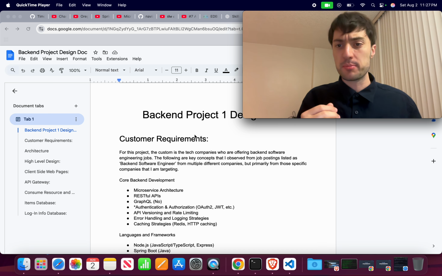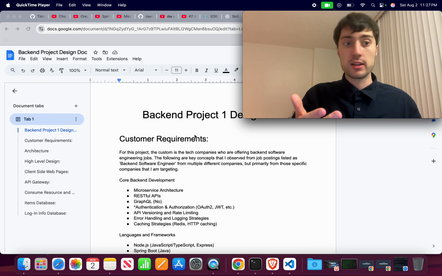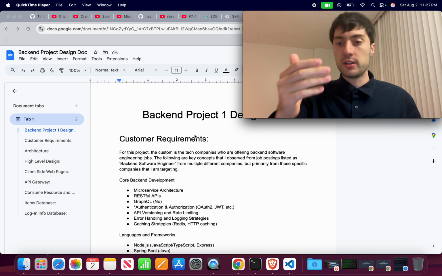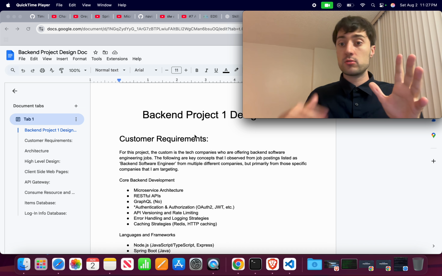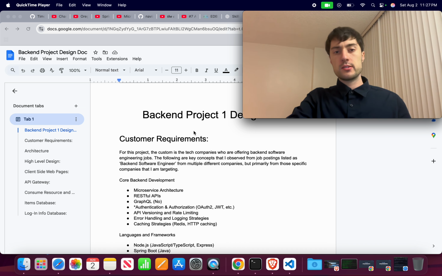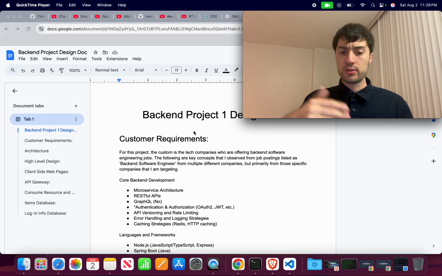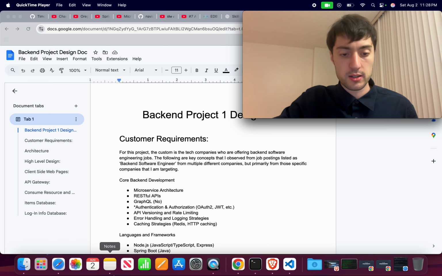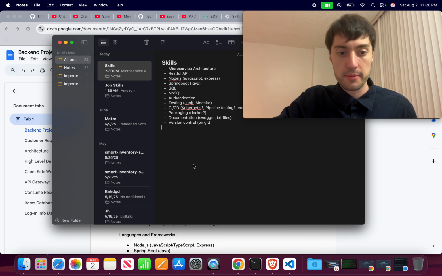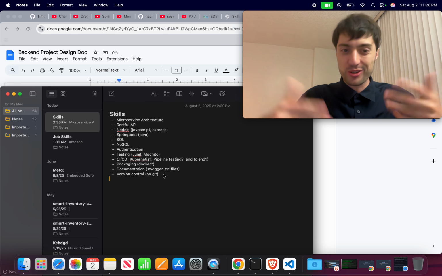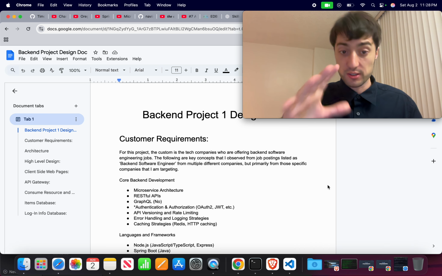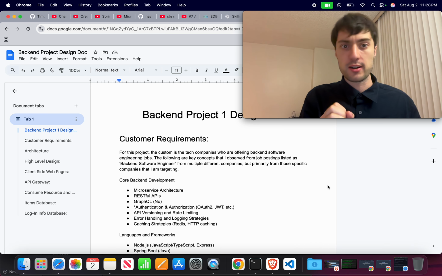Okay, and in those job postings, they'll tell me, oh, this skill is required for this role. This skill is required for this role. So I looked at a whole bunch of different job descriptions, and from that, I kind of compiled a list right here, right? So kind of compiled a list of a lot of the things that I kept seeing over and over and over. Then what I decided to do is I took that list right there. I said, okay, well, this is